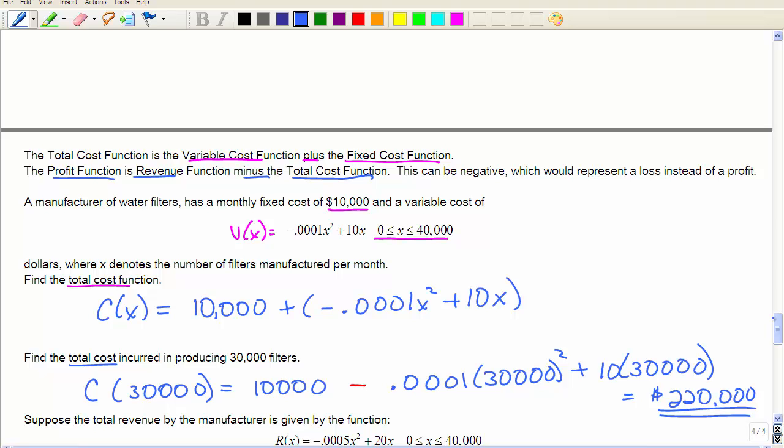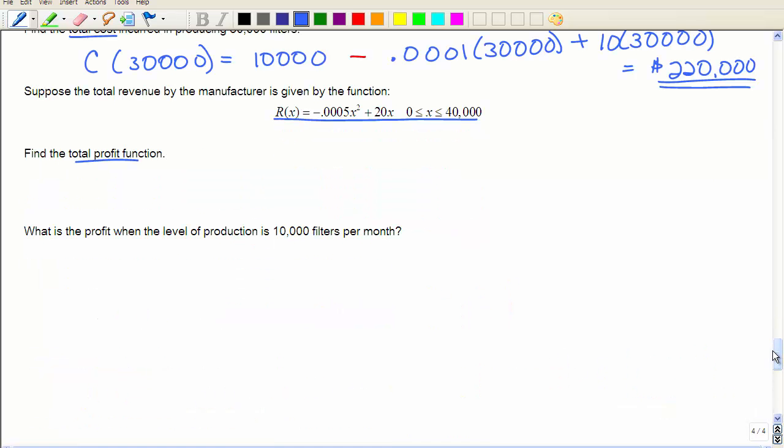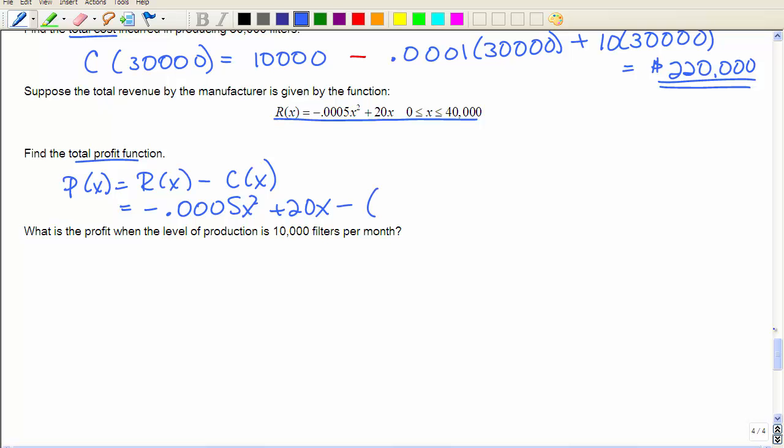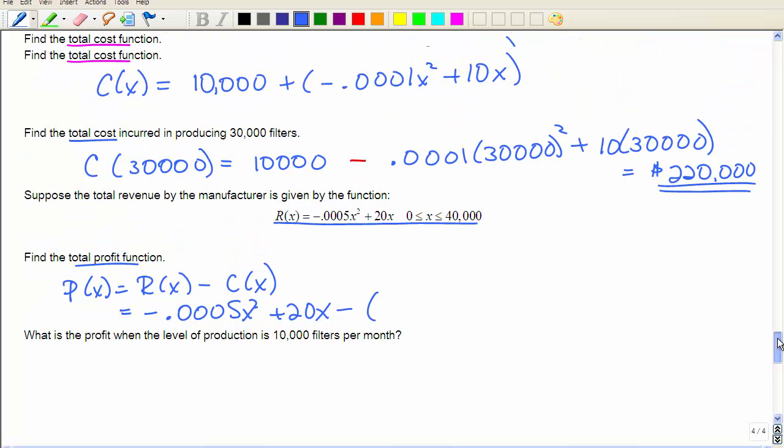If you made $100 from selling a bunch of candy bars, but it cost you $10 to make the candy bars, then you have a profit of $90. All right, so just think about it, a real life application. So total profit is your revenue minus your cost. So let's see, we have negative 1, 2, 3. Okay, and again we have a minus sign. All right, so my cost function